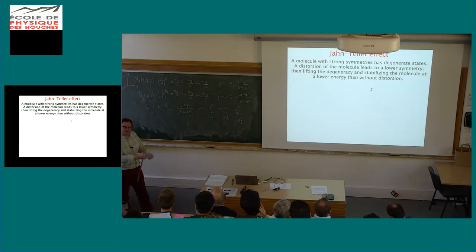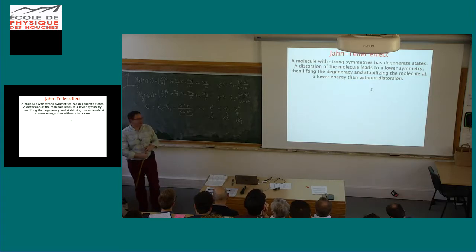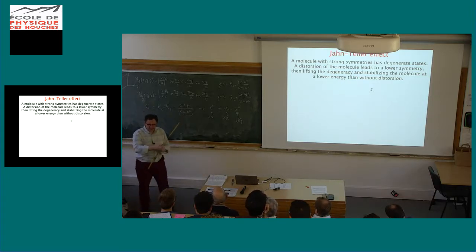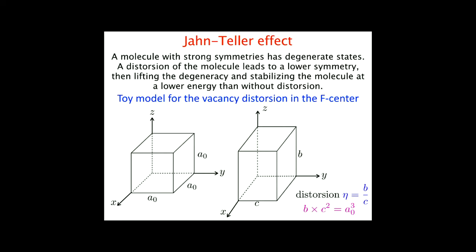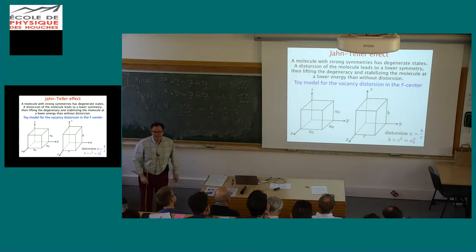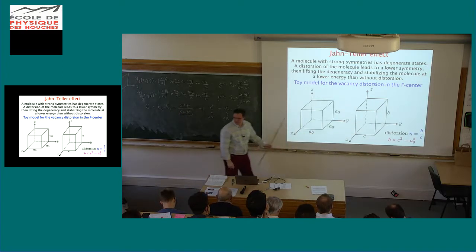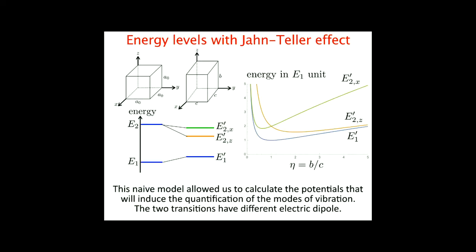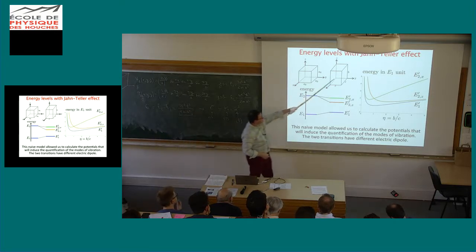So we can try to mimic this effect using our toy model of the electron in the box by simply taking my cubic box from the start and now changing its size and transforming it into this. So I introduce a distortion parameter, and now I can calculate, it's not very difficult, the new wave functions with this configuration. And if I do that, what I will find is that by distorting the size of the crystal along the z-axis, now I